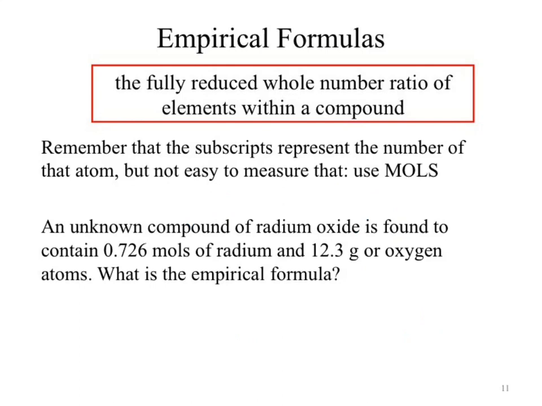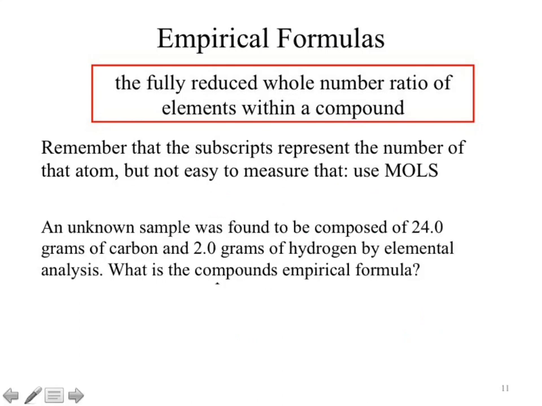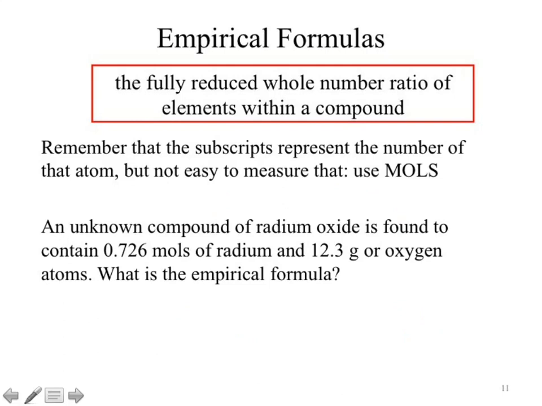Totally did that math wrong. Yeah, I think I did. So we could look at our radium. Whoops, come back here. Our radium as being 0.726 moles. And then we could look at our oxygen being 12.3 grams divided by,